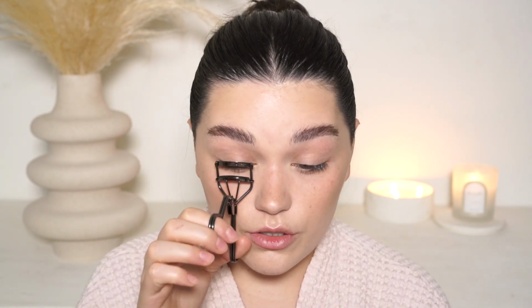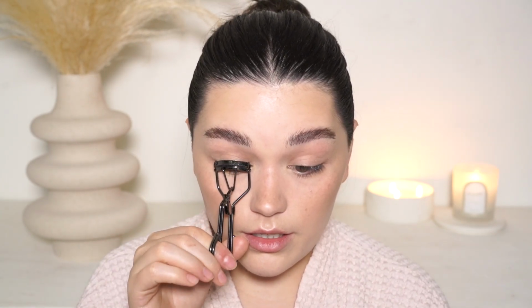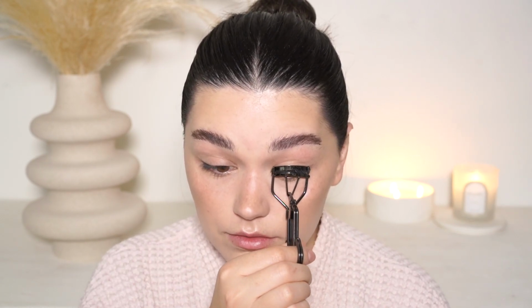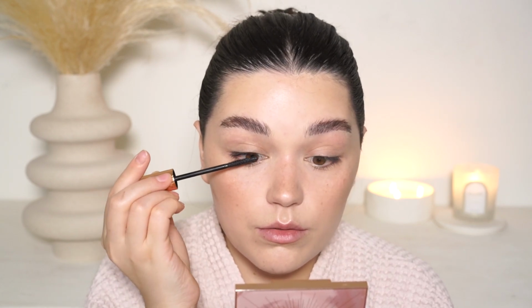So I'm using the lash curlers from Tweezerman, and then the mascara that I love, which is the Push-Up Lashes from Charlotte Tilbury. I think I have like 3 tubes of this. It's very good. It has a brush that's flat on one side and has lots of bristles on the other side. So you apply the product with the flat side, so you have lots of it, and then you just brush it with the more bristly